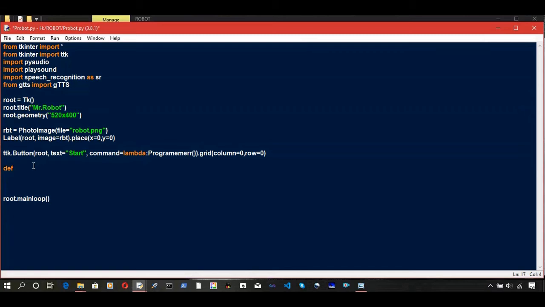Now let's just create the function, def programmer, not the semicolon again. r equals sr.Recognizer, with sr.Microphone as source. We're gonna use the microphone as our source to listen to the speech.